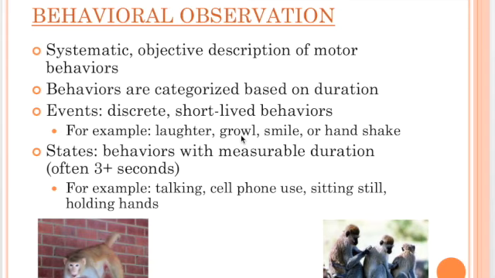You can imagine, though, if it's a behavior that changes frequently, something that you do and then you stop, and you do it again and you stop, that might not be the best behavior to measure using duration, and you might instead try to count the frequency of it, the number of times it's happening, and that would be an event. Examples of state behaviors are things like talking, cell phone use, how long someone is sitting still,